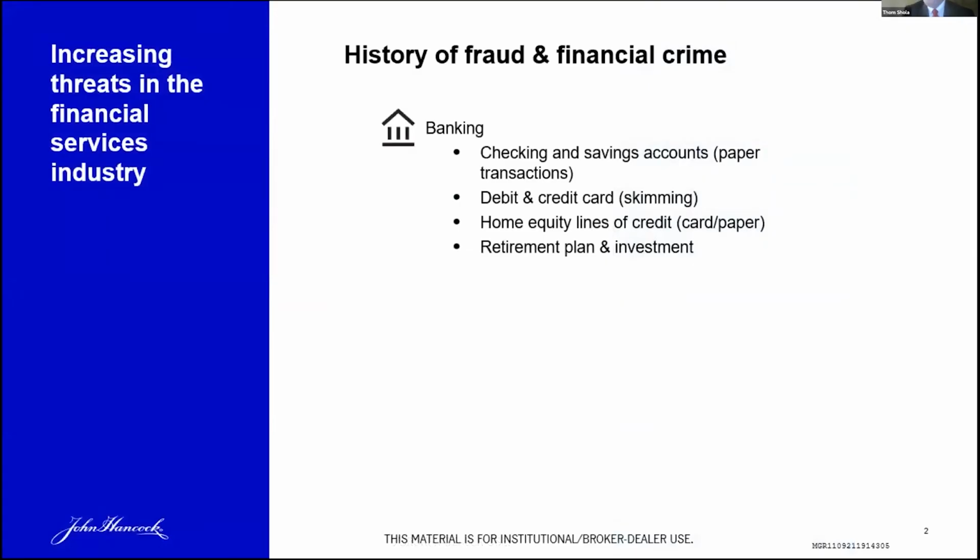So just to touch on what Tom had already mentioned, let's talk about the history of fraud and financial crime, and cyber and protection of data. This all began pretty much with the banking industry, right? Banks went through checking and savings accounts, paper transactions, people taking over those accounts. When they took over those accounts, they were getting something like $500 in Tom Shola's checking account or $500 in Tom Shola's savings account. And they were doing it through paper transactions.